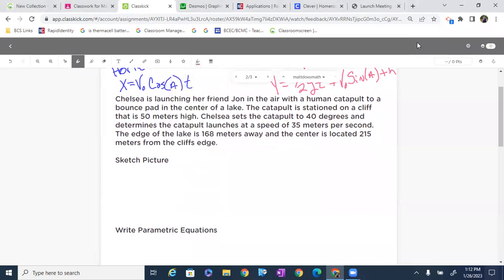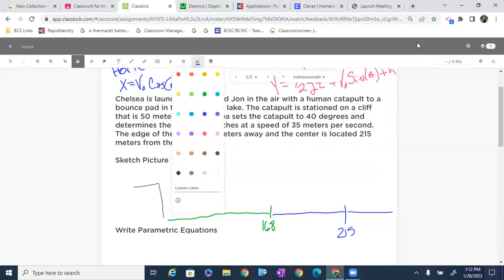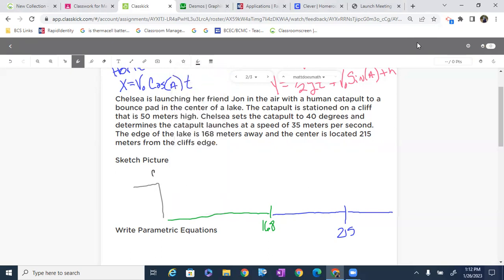So first things first, we've got a cliff. And out there in the middle of nowhere, we've got a lake, okay? And what it tells us is that the lake is about 168 meters away. And in the middle of that lake, we are about 215 meters away, and it just keeps going. Now, at that point, we also have Chelsea, who's up there having some fun with her friend John, and John is getting ready to get catapulted out, and hopefully, if everything works well, land